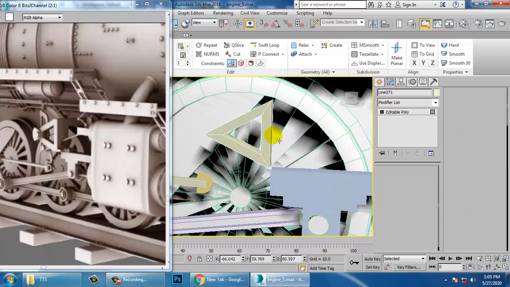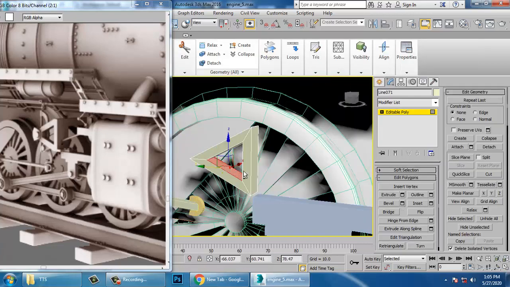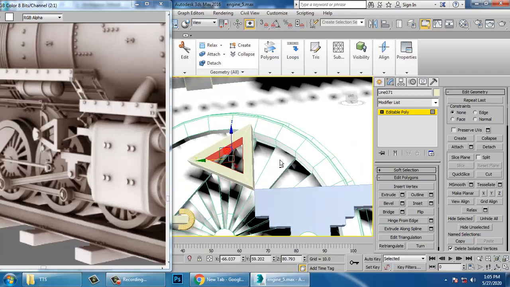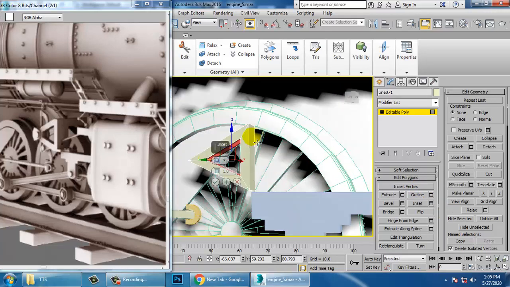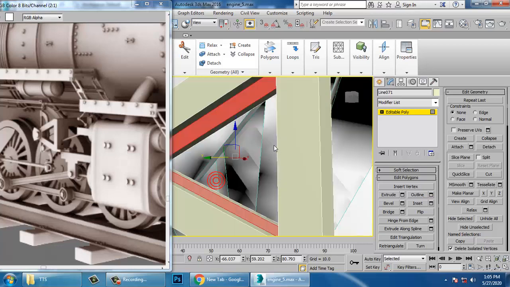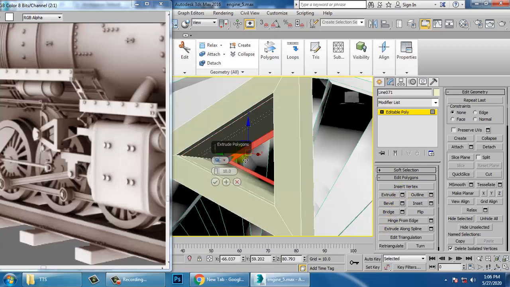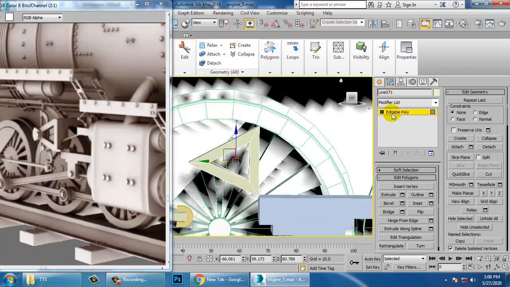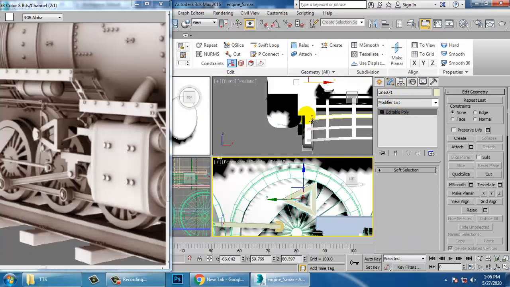Select these polygons and just inset it and extrude it by local normal and click OK. That's it. That's what you have created over here.